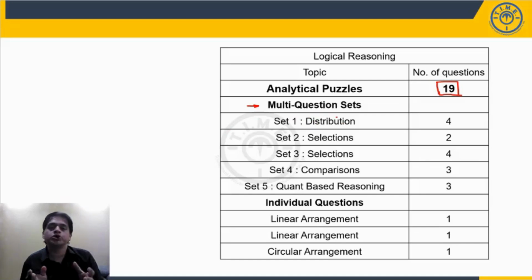So in that distribution puzzle, there were 4 sub-questions present, and there was data given regarding 6 different persons, and they were writing novels in different languages. So it was a complicated puzzle. So out of all the logical reasoning questions, this was probably the most difficult set that was present on this